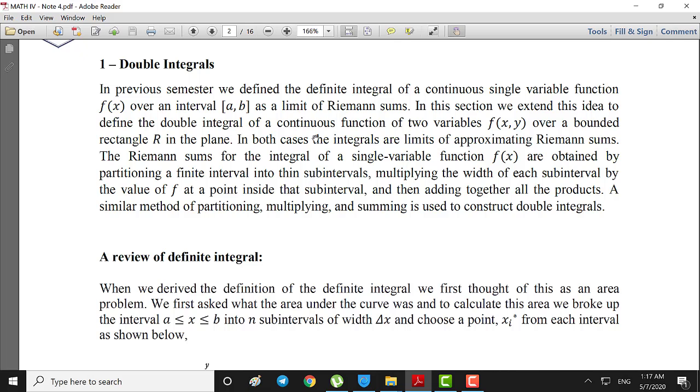Now, in this section, we extend this idea to define the double integral of a continuous function of two variables, f of x and y, over a bounded region, which is a rectangular region which we call R in the xy plane,